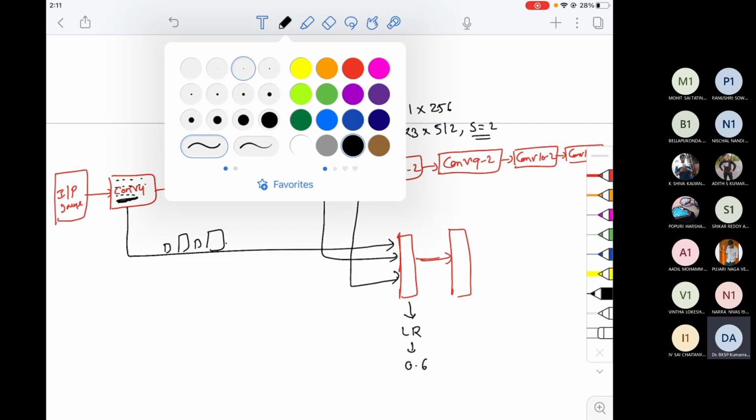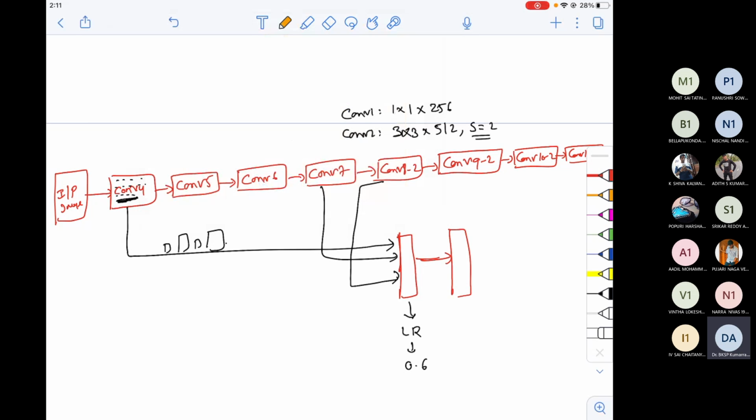From the beginning, I'm not writing the dimensions. For example, con4 dimension is 38 cross 512. Con5 is also the same thing, 38 cross 512. Con6 dimension is 19 cross 1024. Like that, everything has its own dimension. You know how to calculate the output dimensions. I'm not writing all of them.